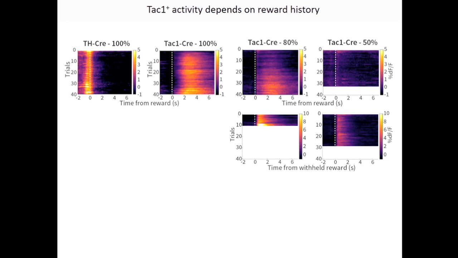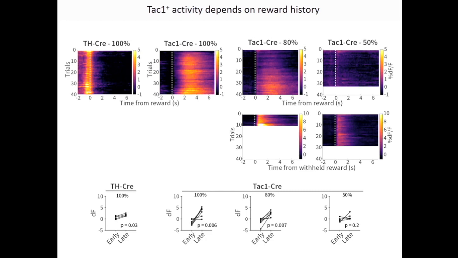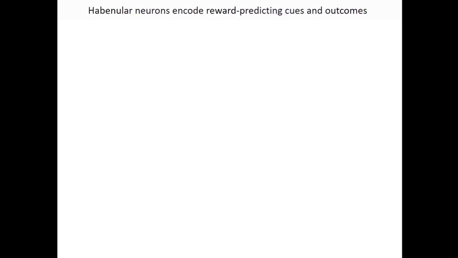These kinds of trial dynamics exist for both the rewarded trials and unrewarded trials. So now if I take the 20% of trials that were unrewarded, you see that the amplitude is actually larger in the context of usually getting a reward than only getting a reward 50% of the time. And that's quantified down here: at a 50% reward rate, there's actually no difference between early and late trials in the session.